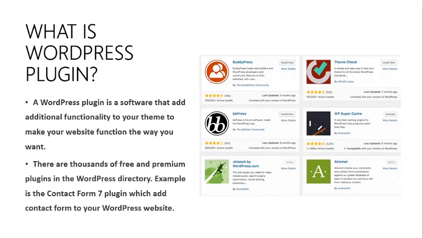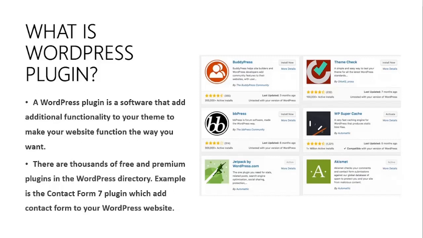So for instance, if I want to create a contact page, definitely I'm not just going to type in my contact details over there just like that. I'll give people a chance to send me messages directly from my contact page,